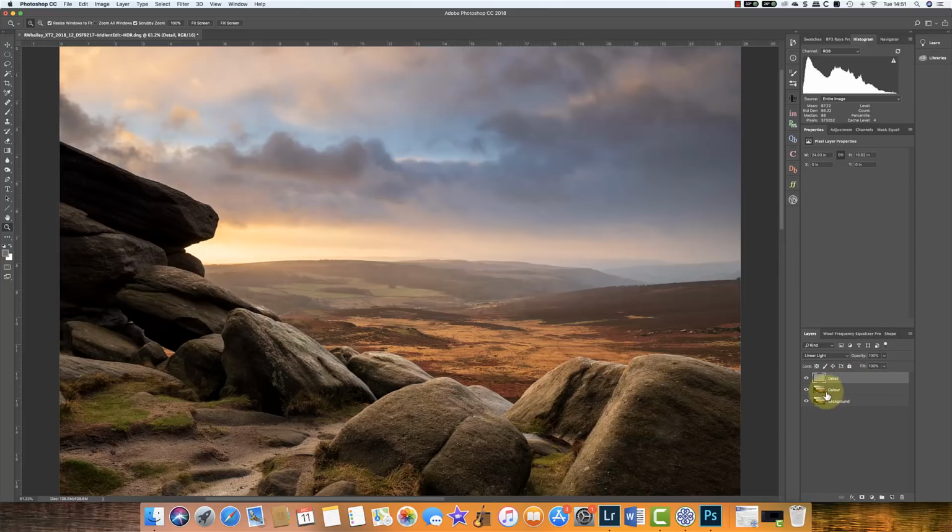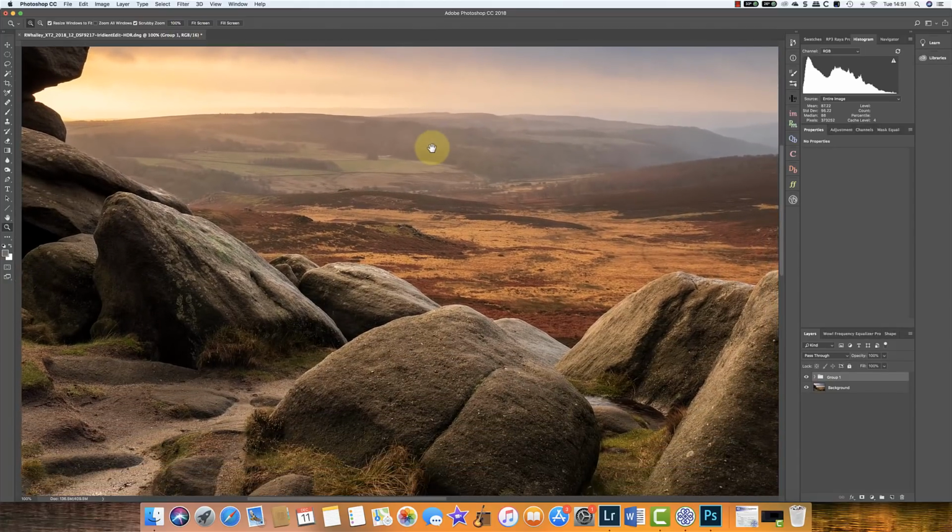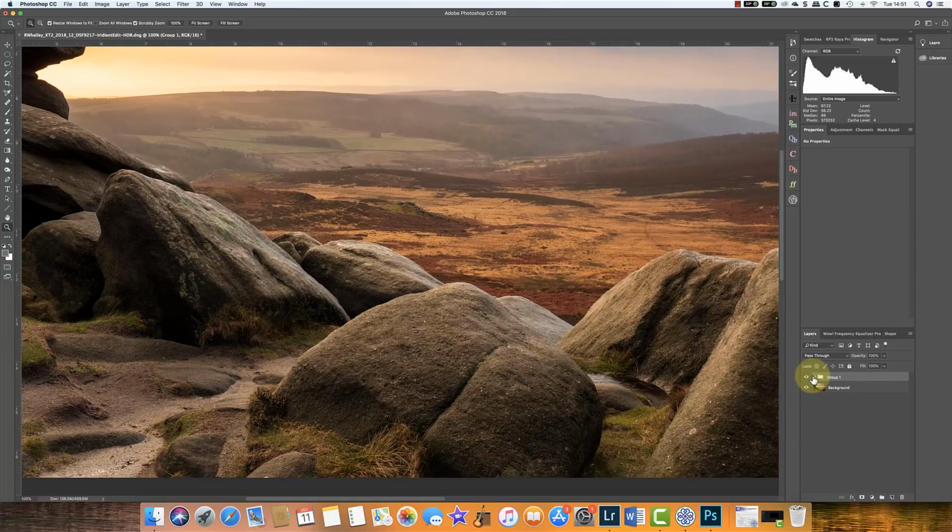That detail layer and that colour layer really belong together, so I'm going to just group them and I can turn them on and off. And at the moment you can see they're not having any effect at all. Let's just zoom into 100% and we'll focus ourselves on this rock. So nothing's happening. Let's just expand that group,